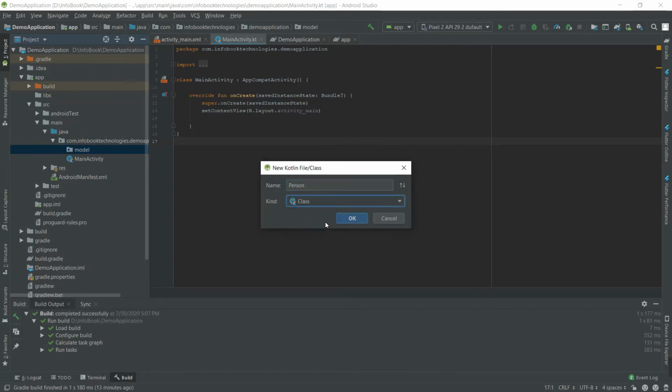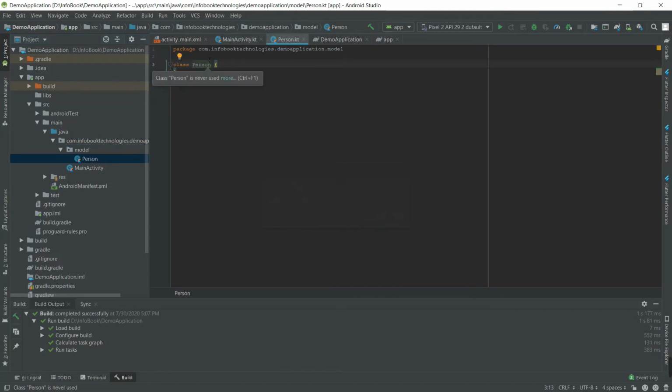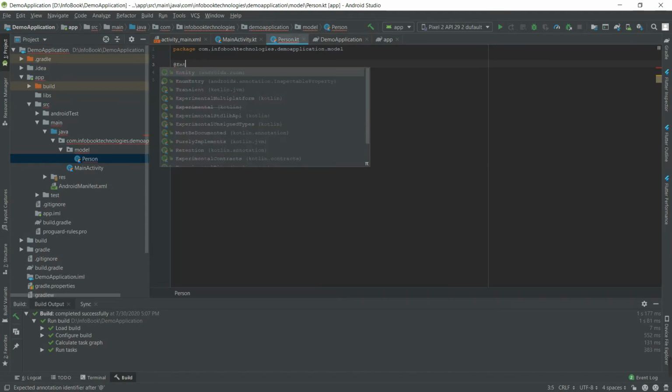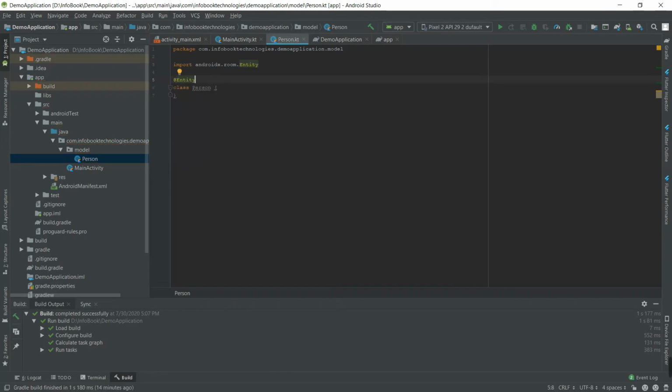Give it a class. So I'm going to annotate this class with Entity. If you see, it's from the Room database, because every model annotated with this will have a mapping table in the database. I'm going to create columns